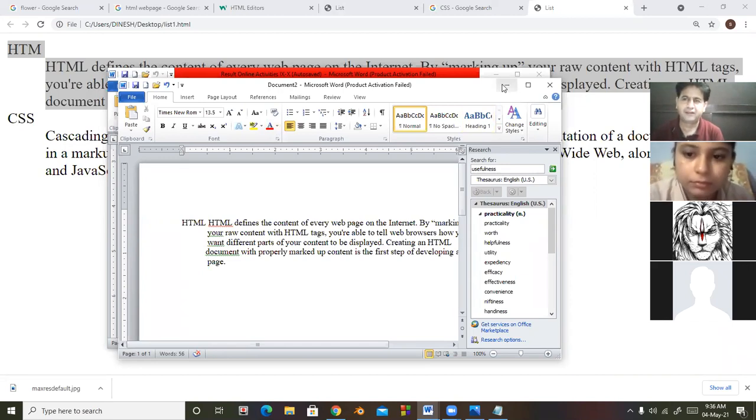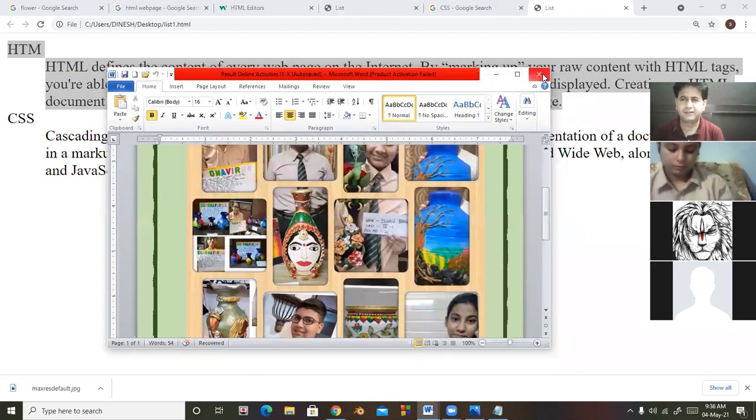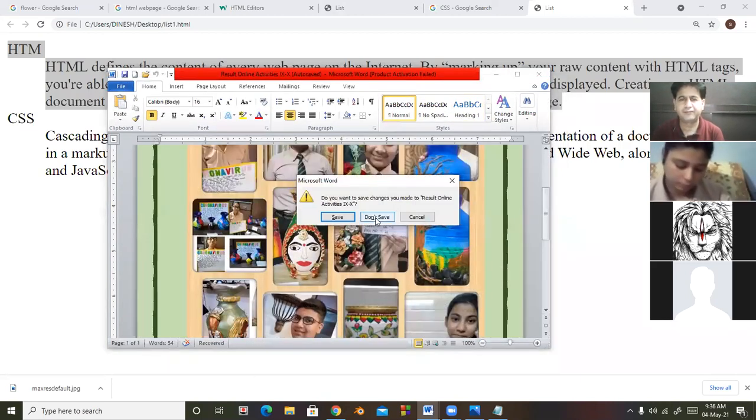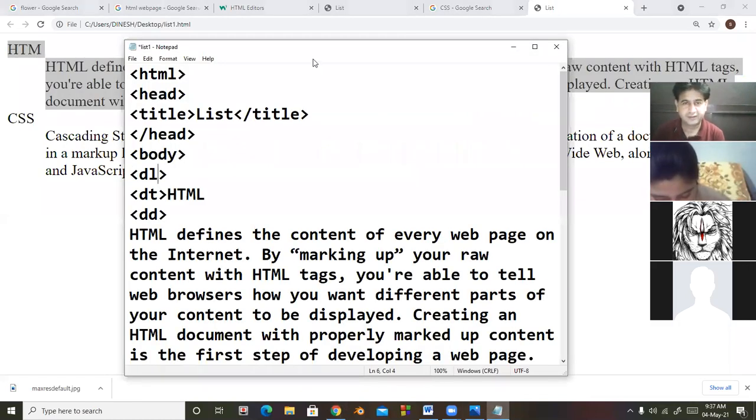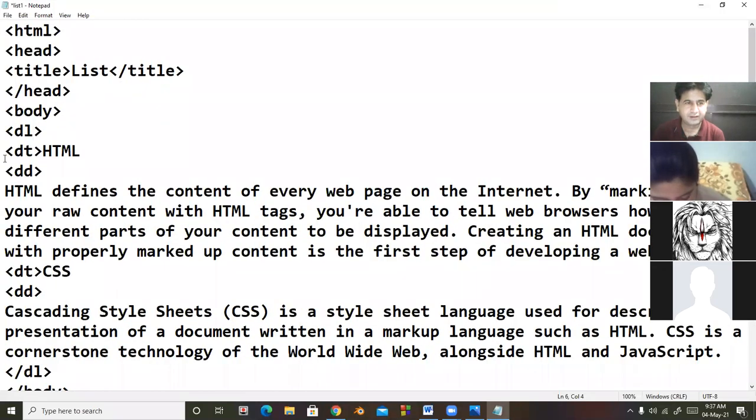Okay, we're done. So this is all about the definition list. You can also make the definition list as a nested list. Look at here. I'm copying this data.